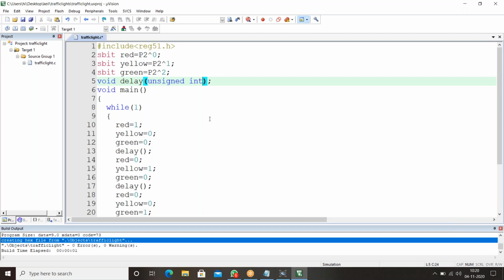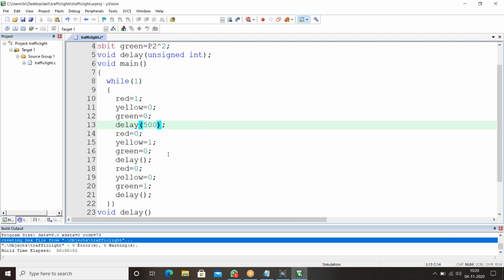By passing these arguments, you can give some delay in the middle of this program. It's your wish. For example, if I want to make red last for 1000 microseconds, you can directly give the delay here by passing the argument in the delay function.